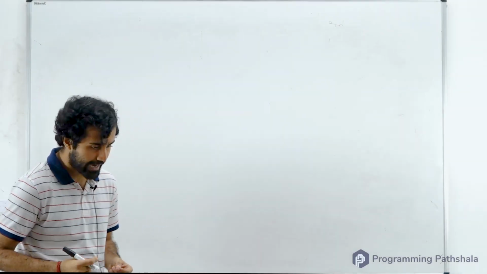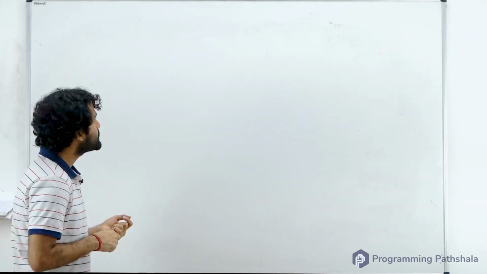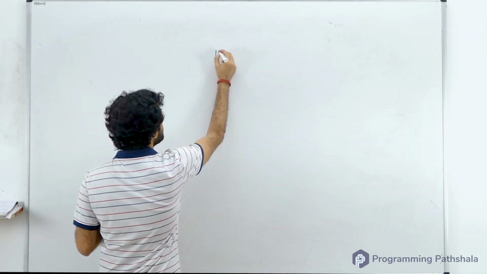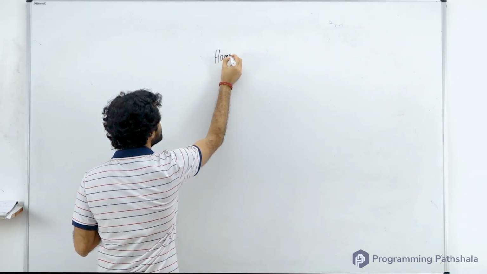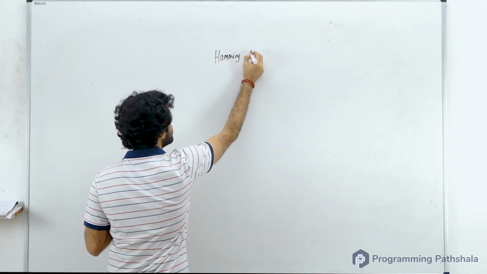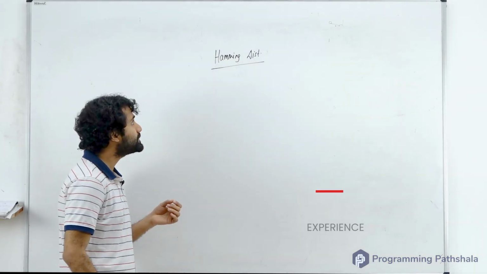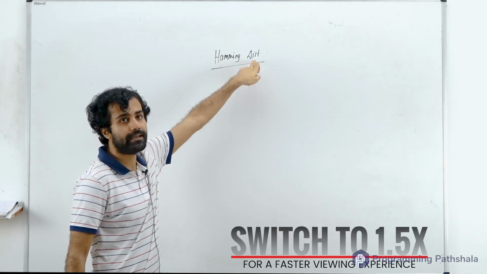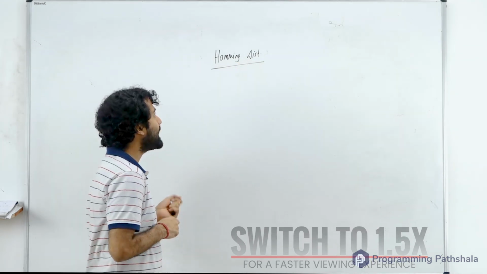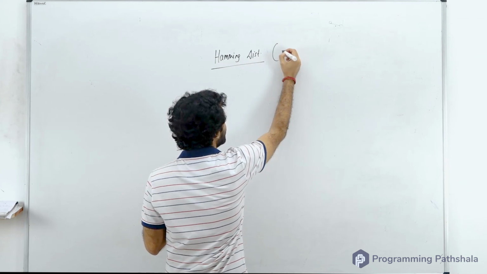So today we will start with a question. Okay, so there is something which is called Hamming distance. So I'll tell you what is Hamming distance. First of all, this is a kind of distance only, and this Hamming distance is calculated between two numbers,